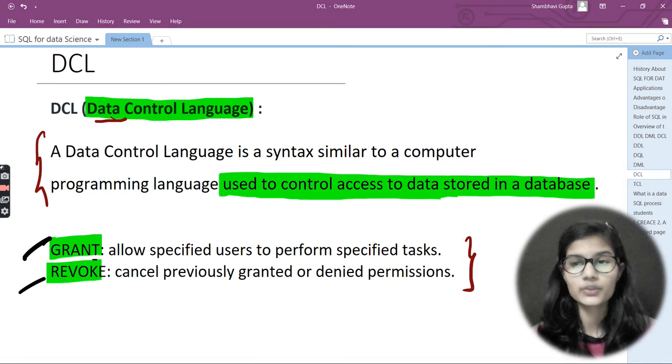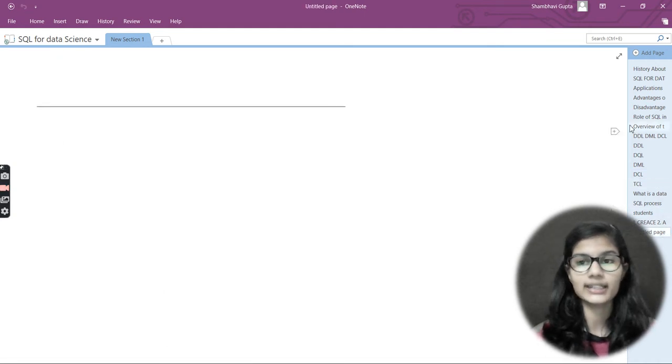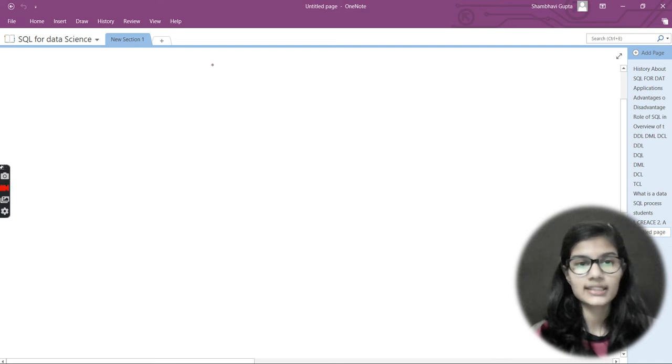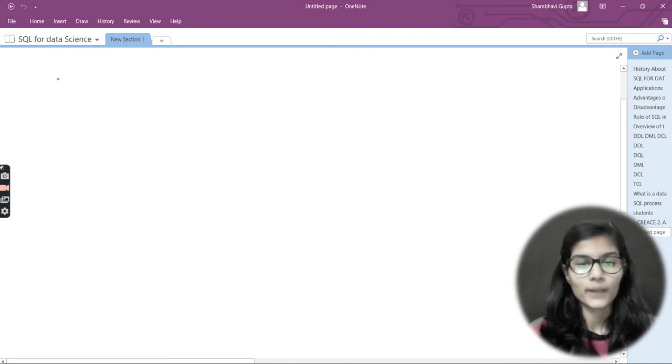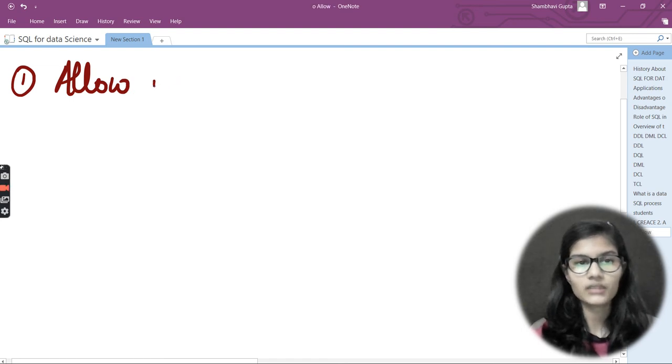Right, in today's video we are going to discuss the syntax of this particular thing, and we'll see what the syntaxes are and what the commands are that we use here. So let's get started. First of all, I'll be introducing you to several different commands. I'll write out the heading for that and then write out the command. So the first command that we are going to see is